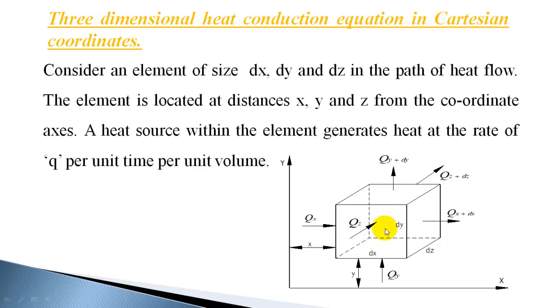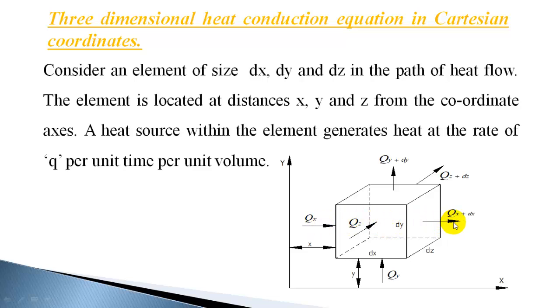Every second 2 joules will be increasing, but that increase may be compensated or balanced by the heat flow in the y and z directions. If it happens only in the x direction, 10 watts is incoming and 8 watts is going out, there will be an increase of 2 watts, that is 2 joules per second. Every second 2 joules will be the heat addition to this element and the temperature will rise.